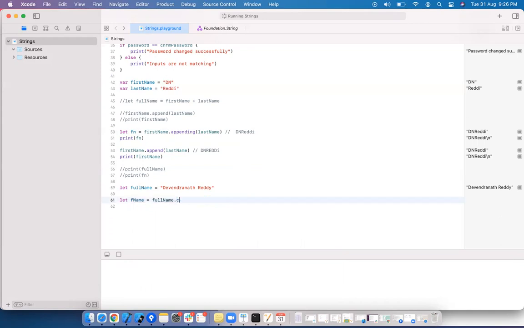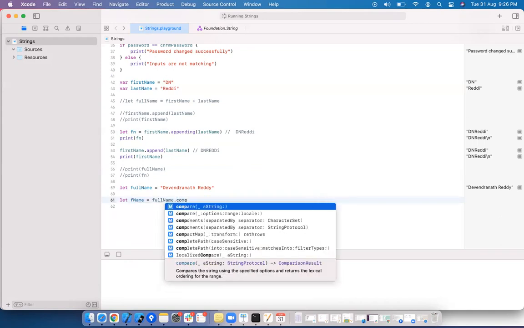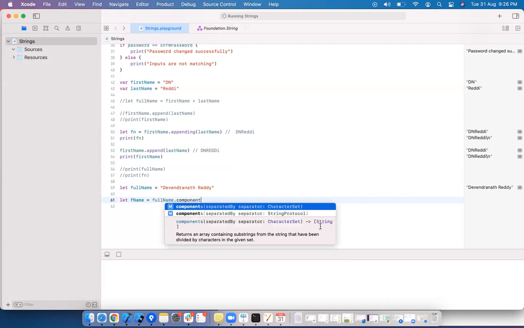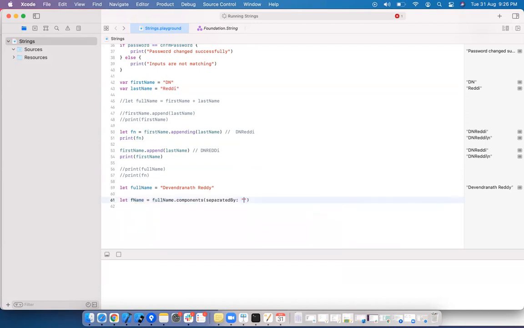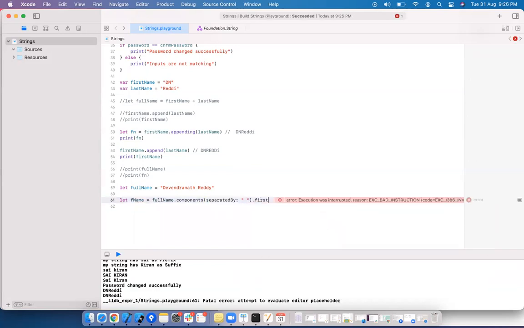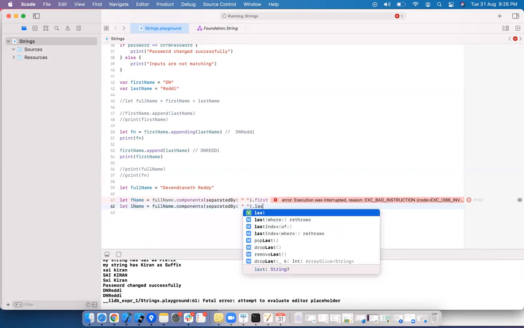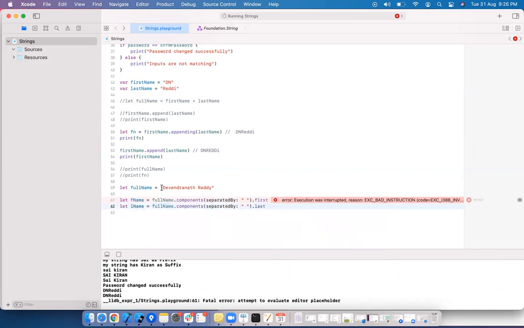You see the output; it is returning an array. First is the first name, last is the last name. Basically, I am dividing this string by space so that you get two strings in the form of an array. I am taking the first index as first name, the last index as last name.